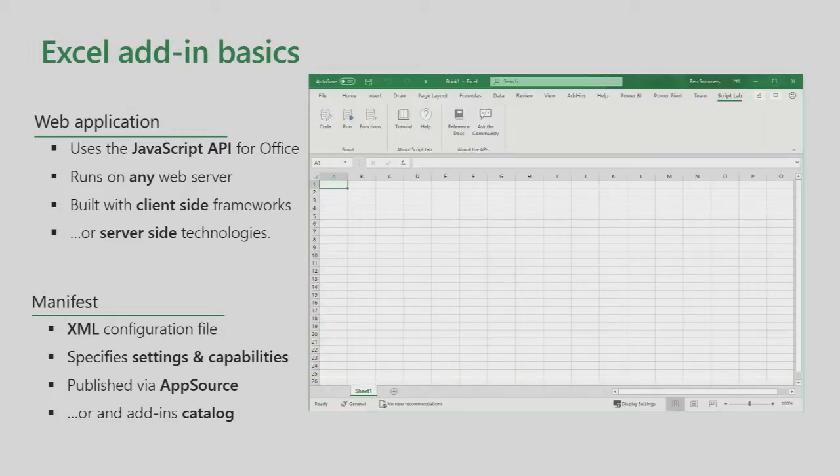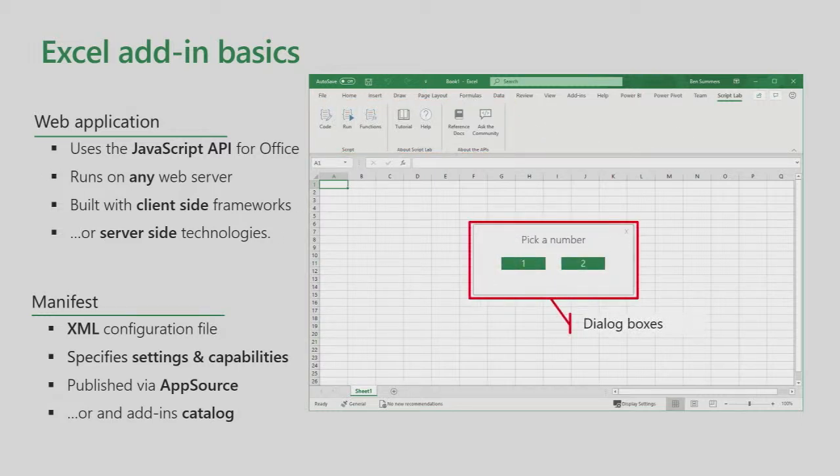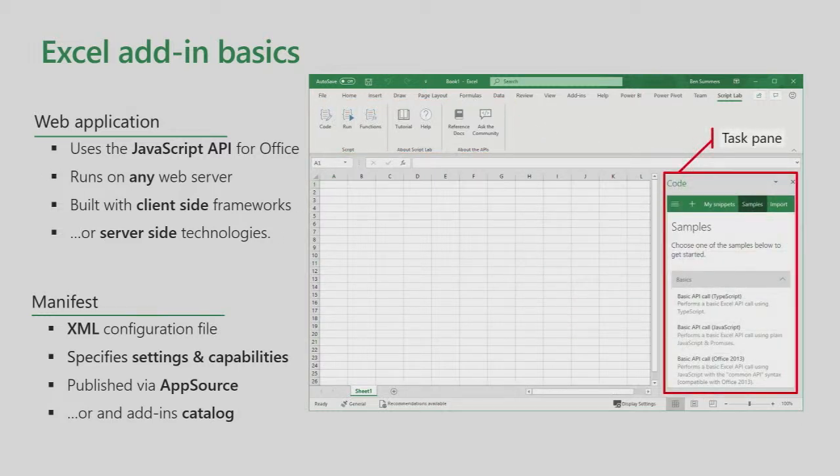What it actually winds up looking like is, well, it may look like a set of add-in commands, and what I'm showing you here is a tool called Script Lab. We're going to use Script Lab later in this talk, and it's very easy to get. It's free, so if you want to play with it for yourselves, we're going to get into some detail with that. There may be dialog boxes that pop up, but most commonly what you're going to see is applications running in a task pane.